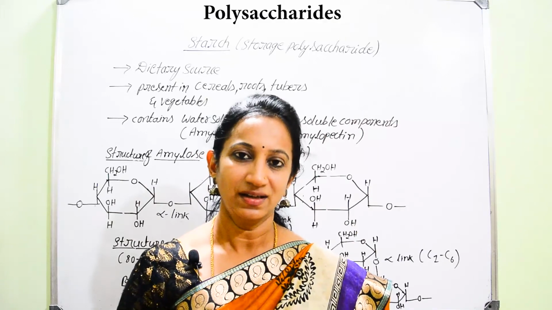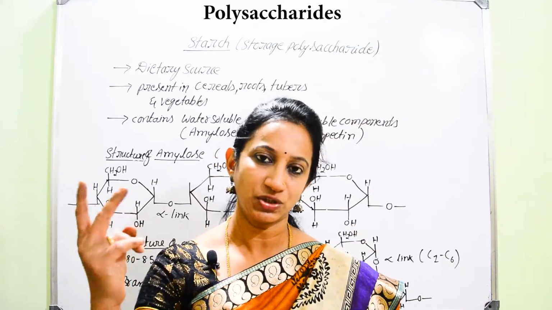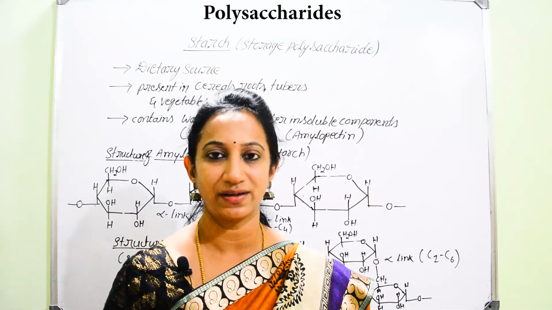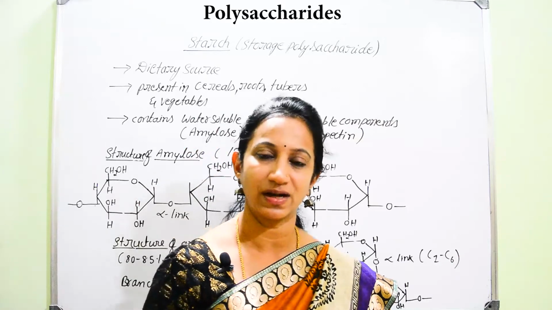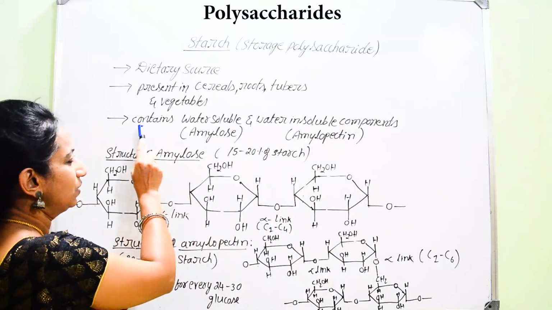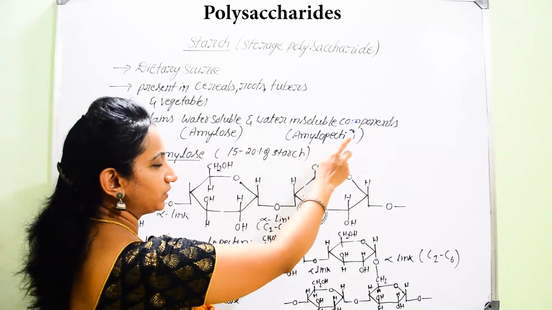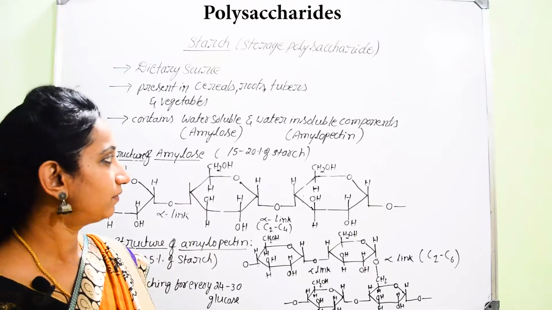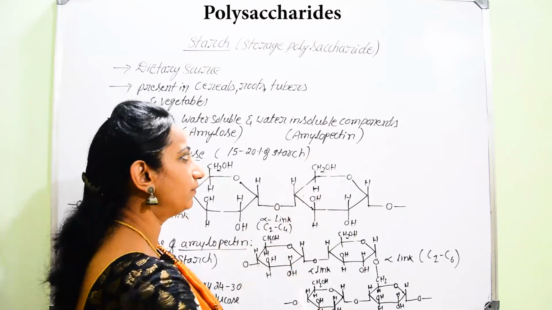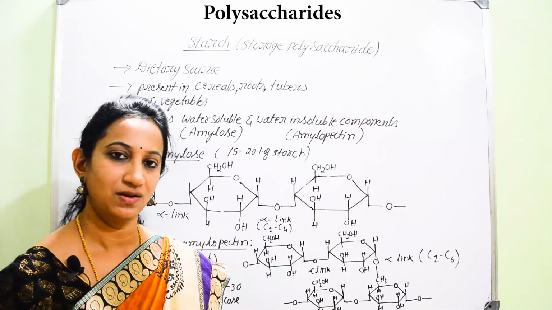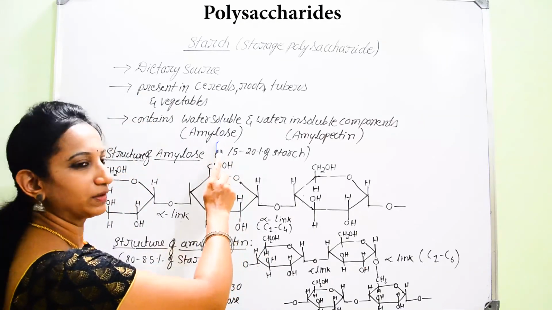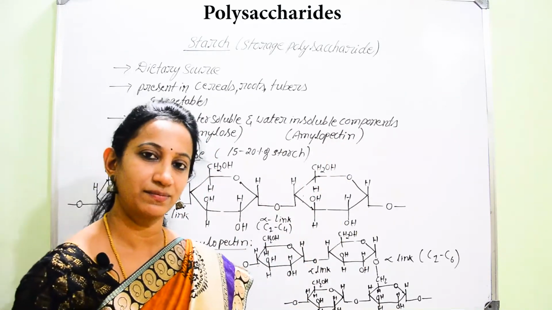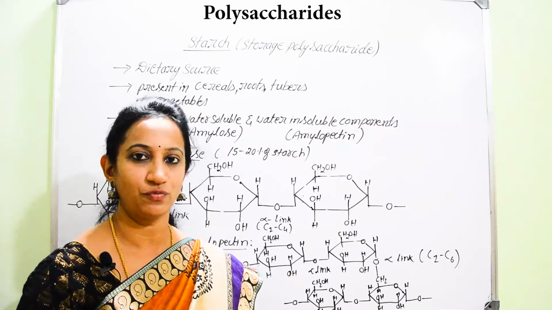So that shows that starch actually contains two components. One is a water soluble component, the other is a water insoluble component. Majorly it contains the water insoluble component. The water soluble component is named amylose, whereas the water insoluble component is named amylopectin. So amylose is soluble in water, whereas amylopectin is insoluble in water. Then what makes them differ with respect to their solubility in water?